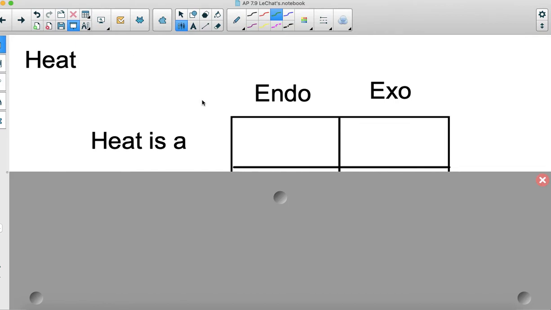Okay. So if it is endothermic, heat is coming into the reaction. Heat is a reactant. Okay. If it is exothermic, it is something that exudes heat. Heat is a product. Okay. So you can then use these and the rules we just developed to think about how this reaction is